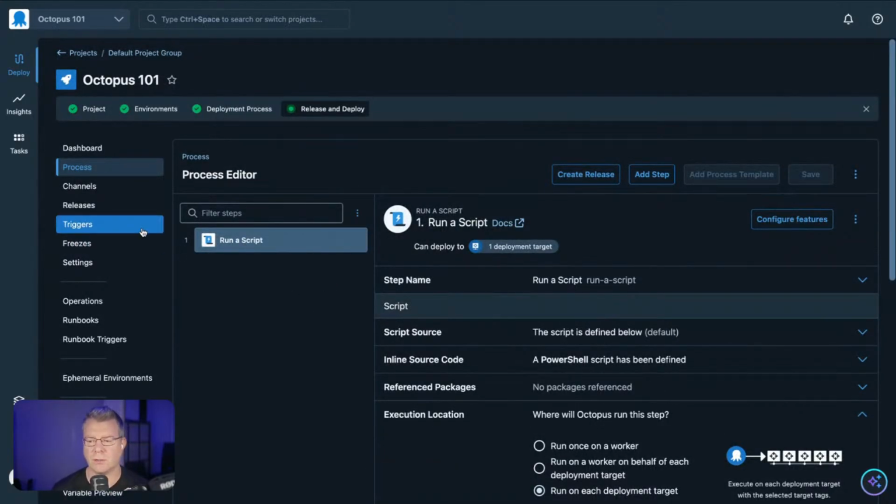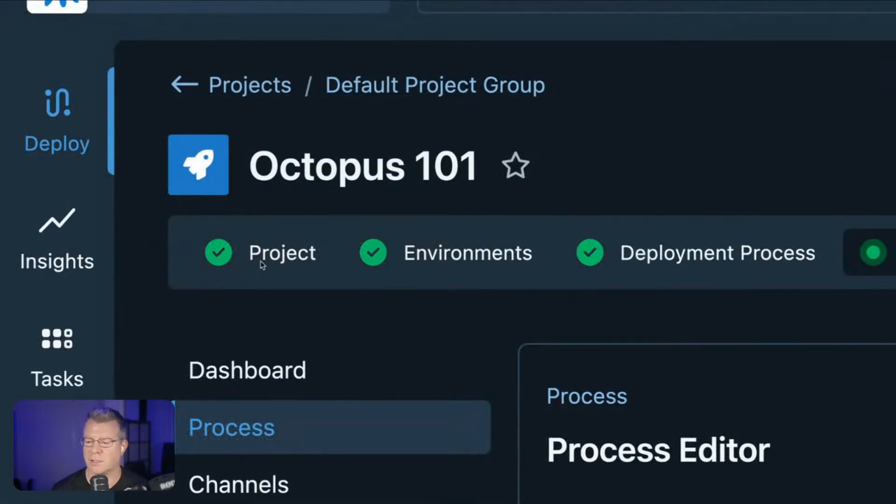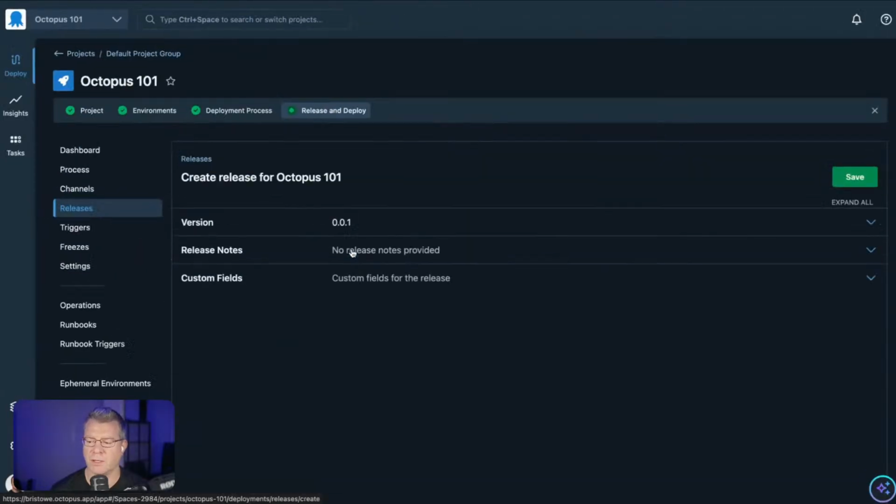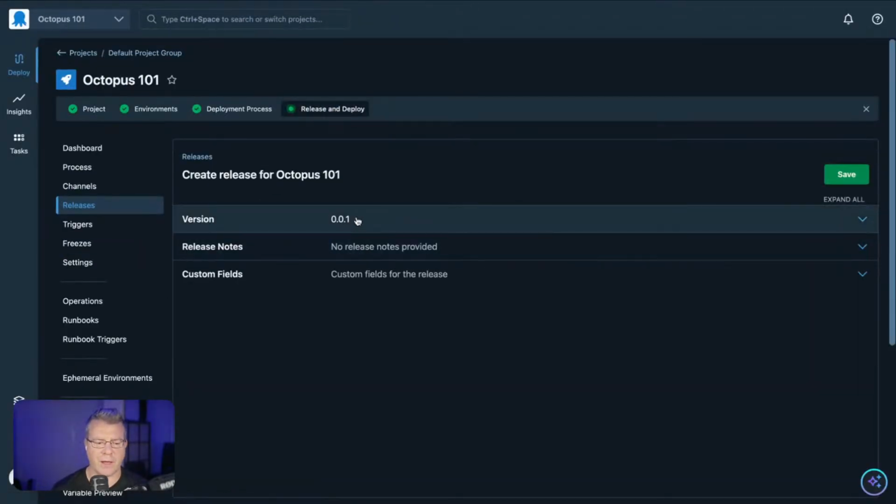So let's go ahead and do that. You'll notice that along the top here, we've got this breadcrumb of operations that we've successfully done. We defined a project, we defined our environments, we defined our deployment process. The last step is to define our release and do a deployment. So when we do that, what we're doing here is we're defining the parameters around which we want to define